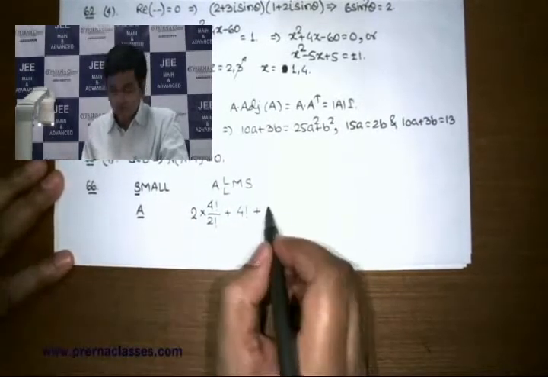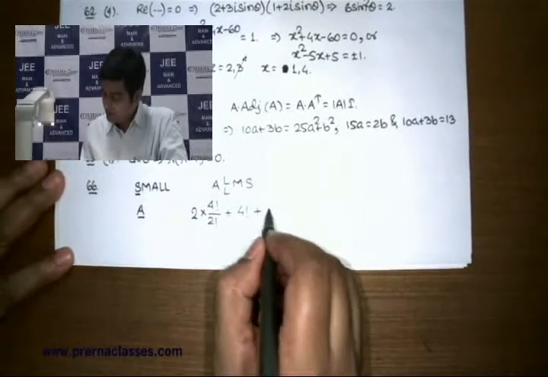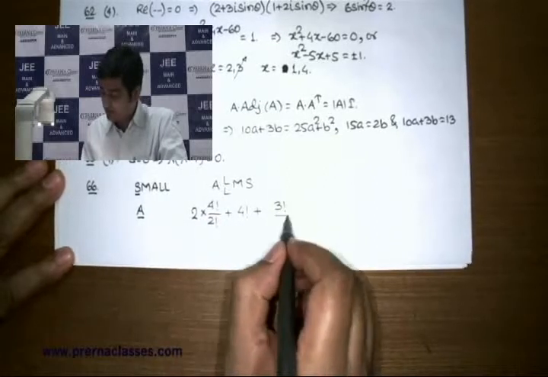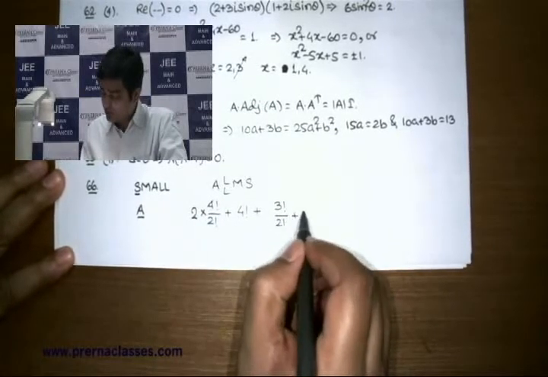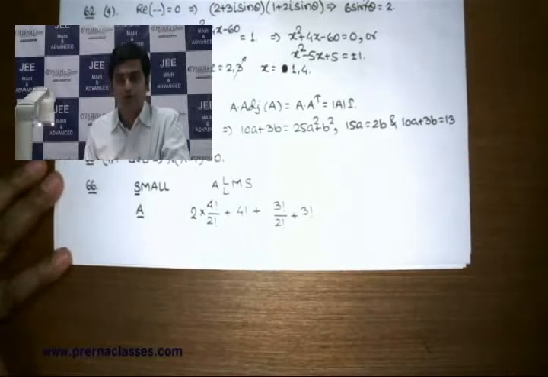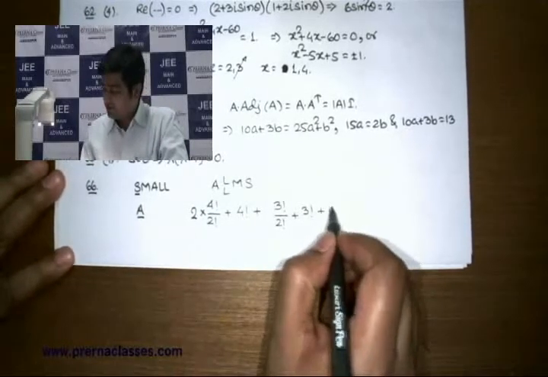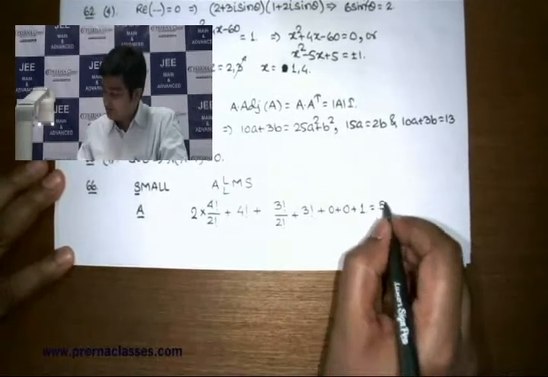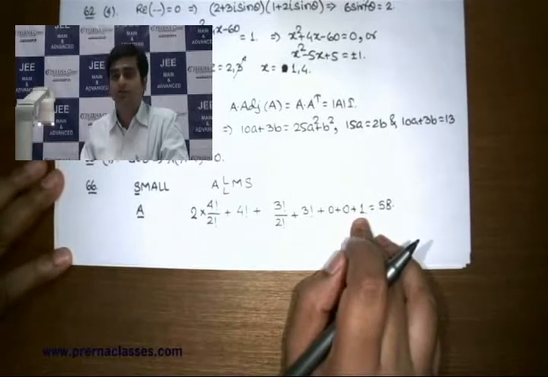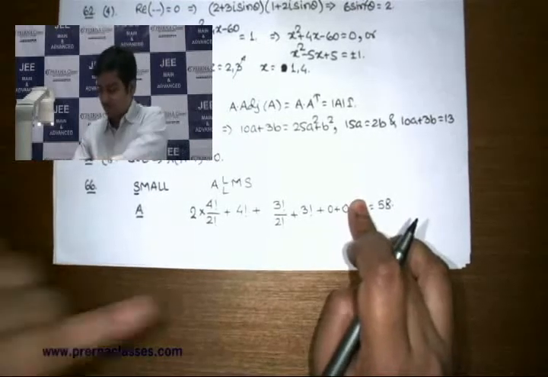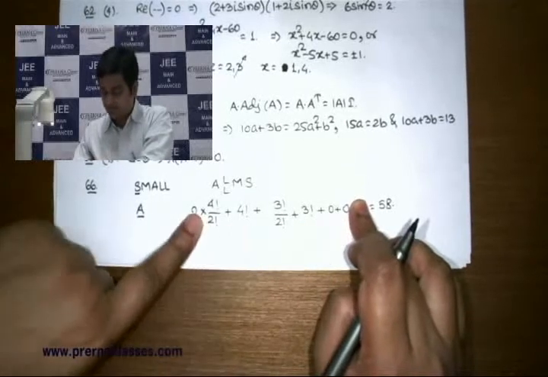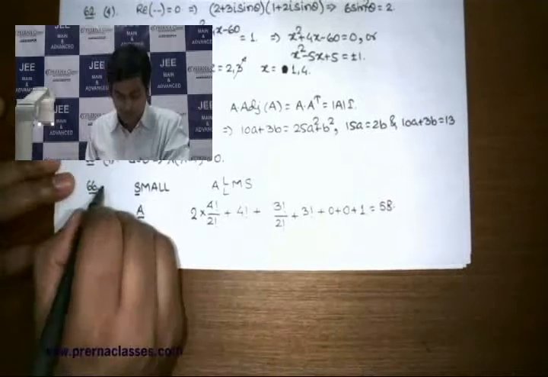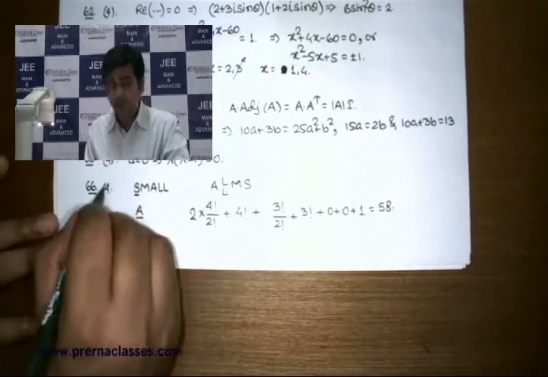After this you need to consider the next case, that is, prior to M, how many cases you are left with. That is again going to correspond to these many cases, that is 3 factorial by 2 factorial plus 3 factorial, and after that you have to consider 1, which is going to make it 58. Please remember this 1 is required because till this 0 we have taken care of the number of words which are going to occur prior to "small". So the rank of this word is going to be 58, which is going to make option 4 correct.